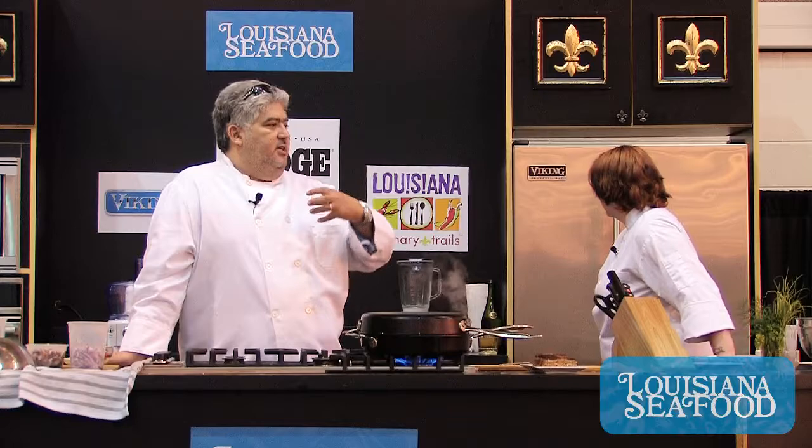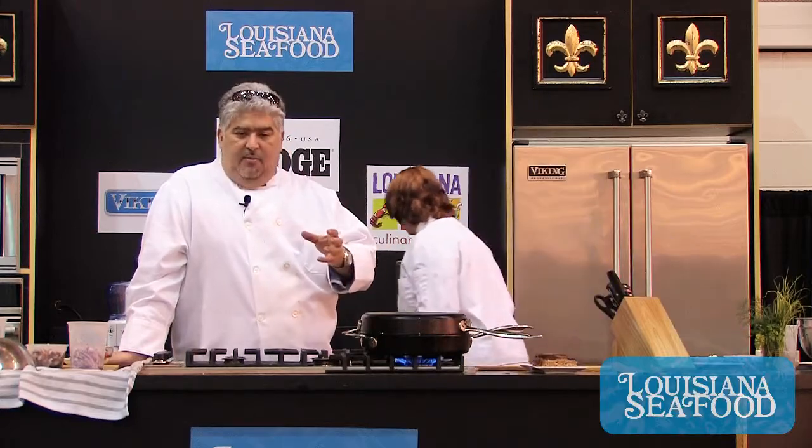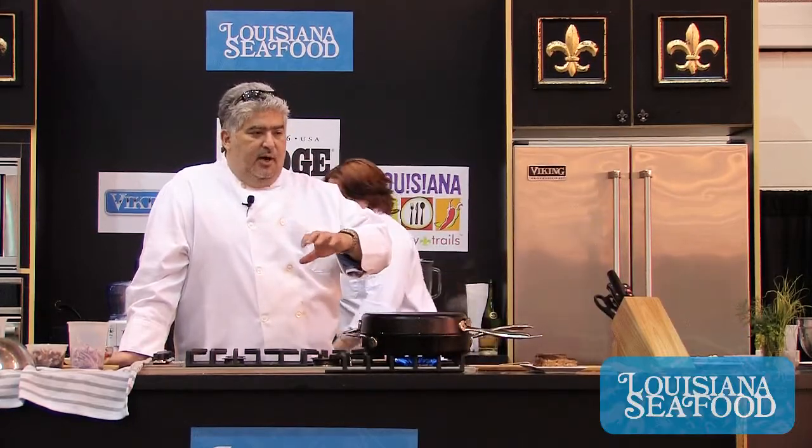We're going to do a baked oyster, so we take Louisiana Gulf oysters. We're going to stuff it, but we're going to stuff it with mustard greens, which have a nice kind of spicy mustardy flavor, which to me I envision almost like horseradish flavor. You know, it's kind of got that spiciness. So we're going to make a stuffing with that with some country ham, and then instead of using breadcrumbs, we'll take some